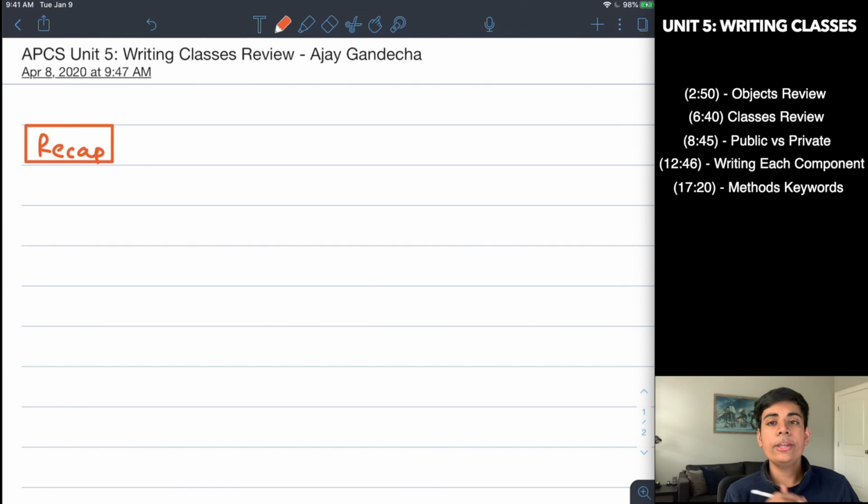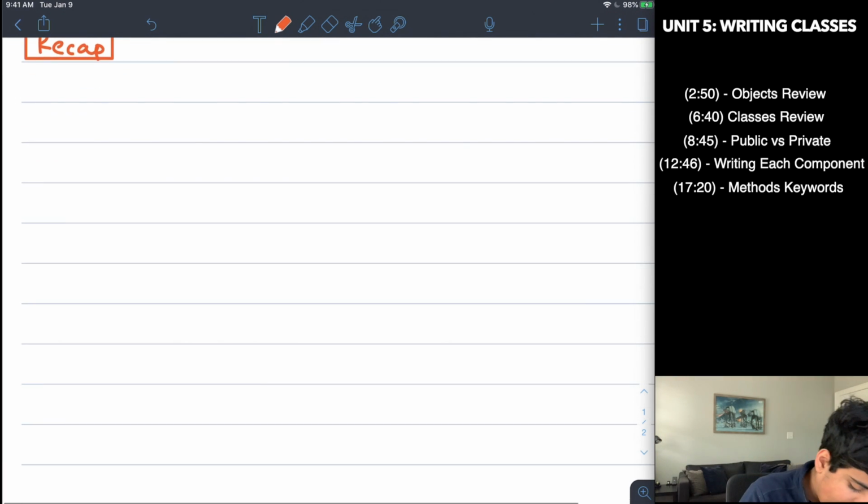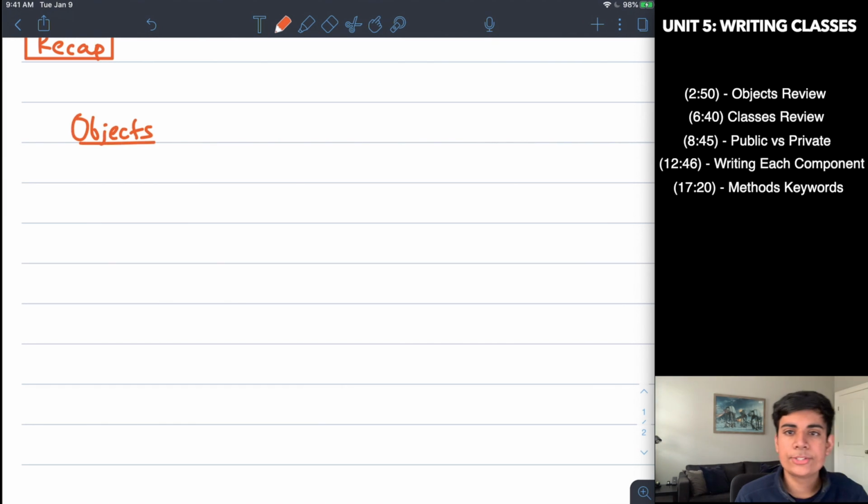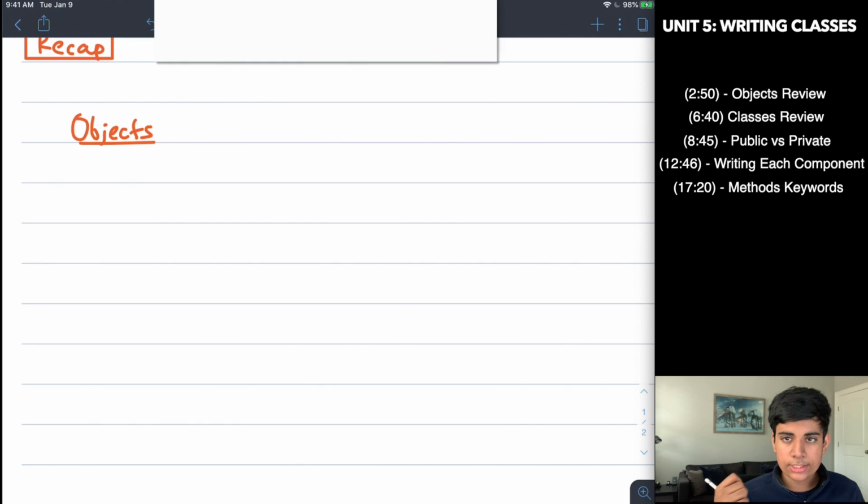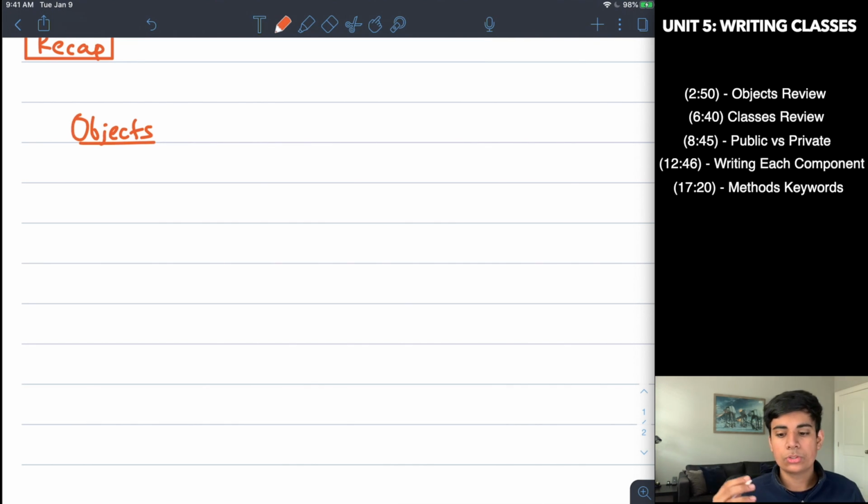Alright, so again, this is going to be a general recap of information from Unit 2. What was the main thing that we talked about in Unit 2, right? It was the idea of having objects. Objects, which were, remember, these tangible items within code that you were able to create and do different things with, right? And if you remember, one of the major concepts from Unit 2 was the 3 different parts of an actual